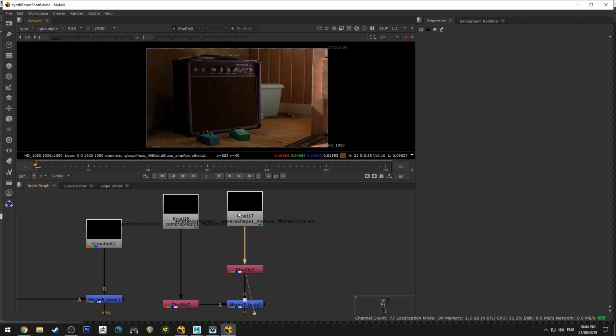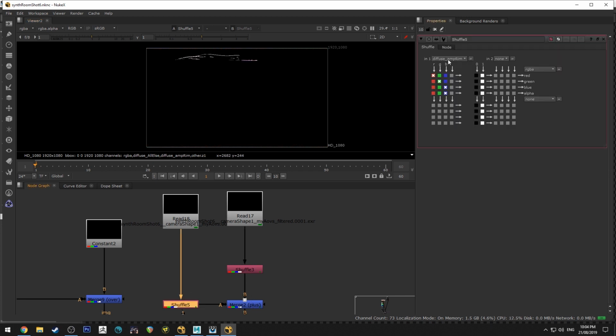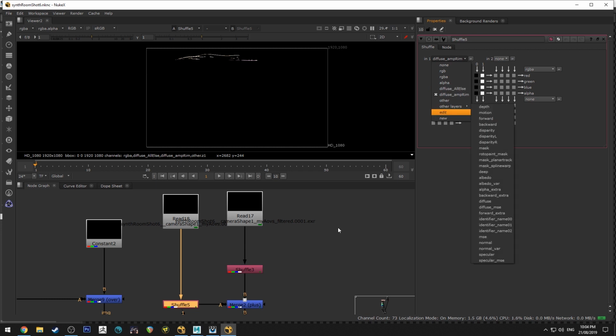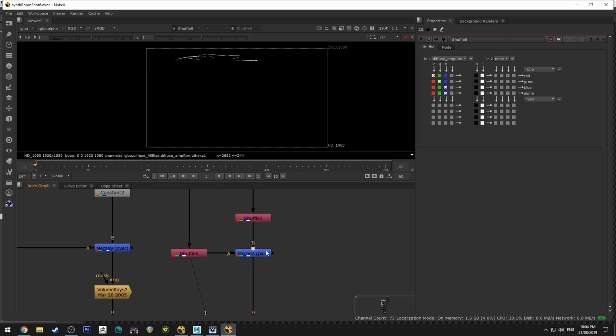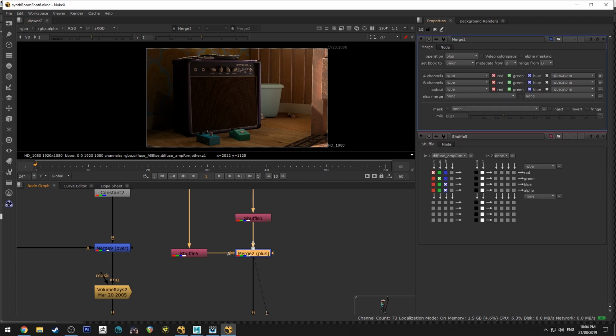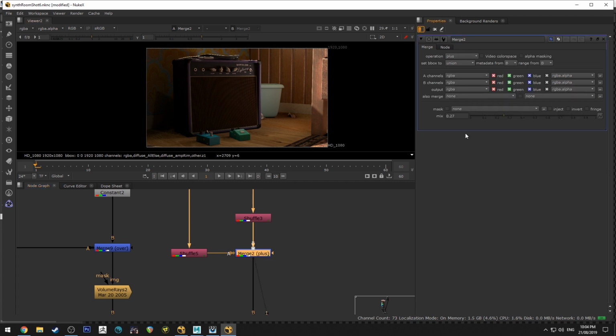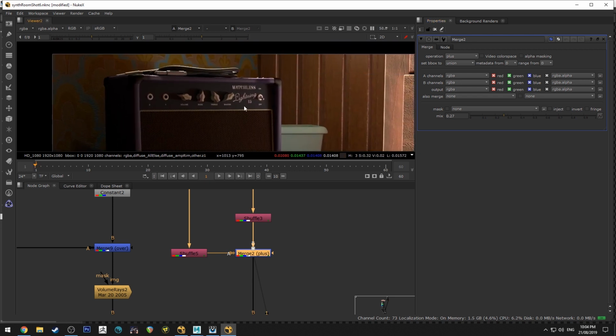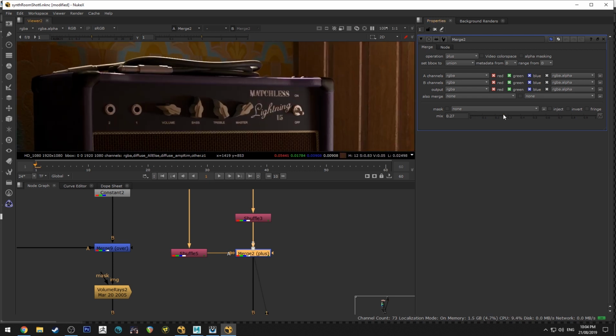But yeah, as you can see, you've got that, and then you've got that, and obviously I just shuffled out here. So I've got diffuse amp light, and I've got diffuse all else is what I called it. Really good naming conventions, Michael. So when I merged the two, which was just with the plus, you get that, and then the good thing about it was that I can adjust how much of that rim light I wanted.